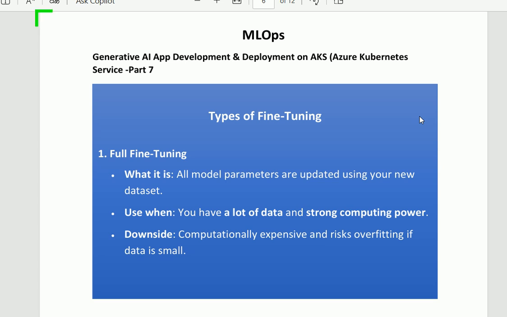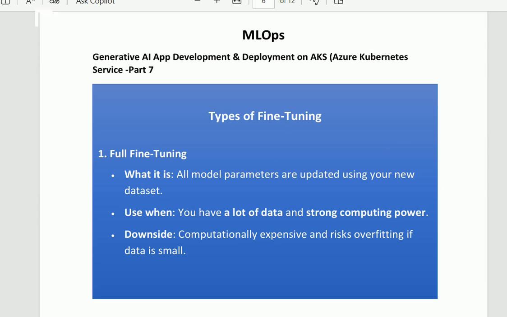It is best when you have a lot of data and strong computing power. The downside is that it is computationally expensive and risks overfitting if the data is small. This is the first type, full fine-tuning.